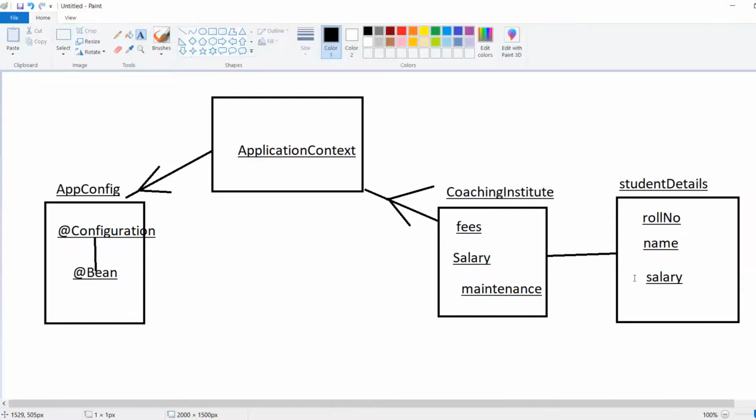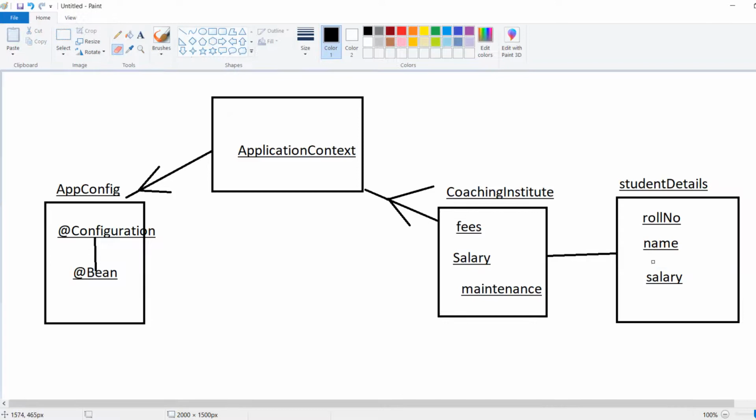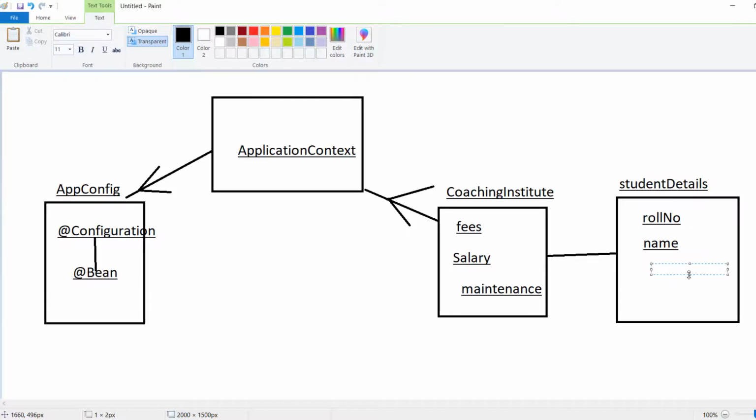Here I am going to write roll number, name, and the next thing that I am going to write is subject.